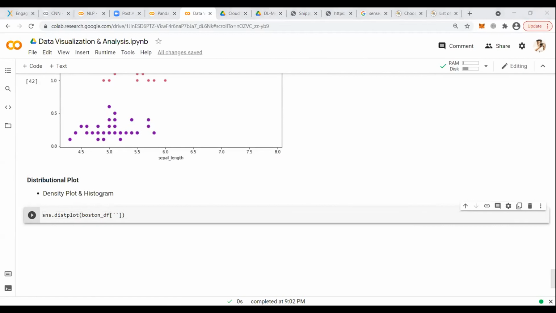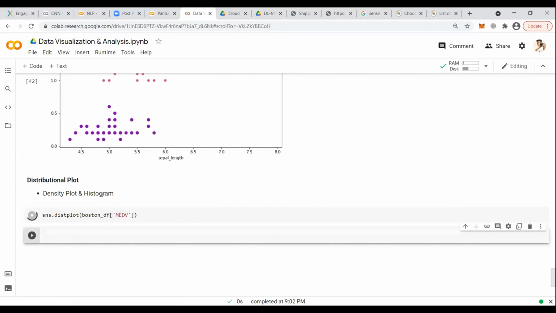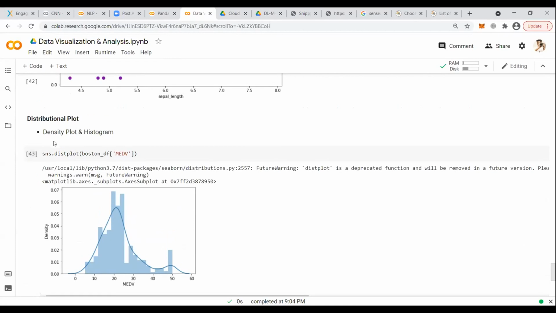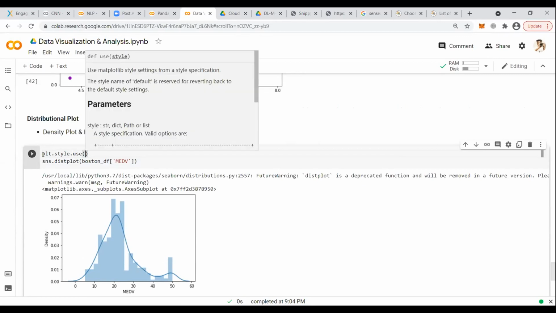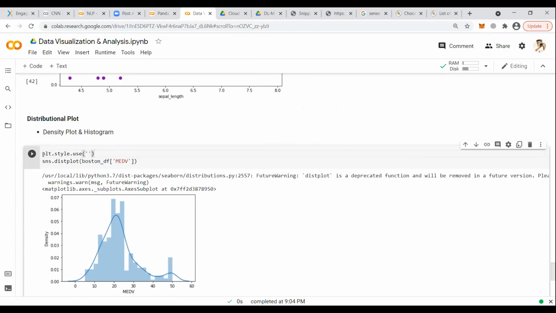Yes, that is what I mean. Probability density function. Just plot it. plt.style.use. I have not used this part yet. I'm going to use it now.